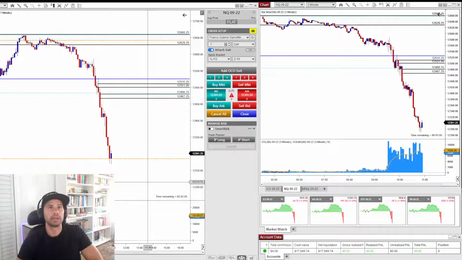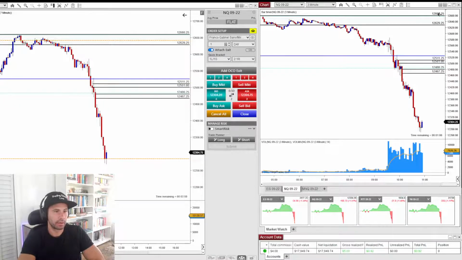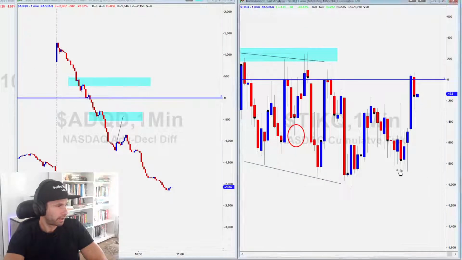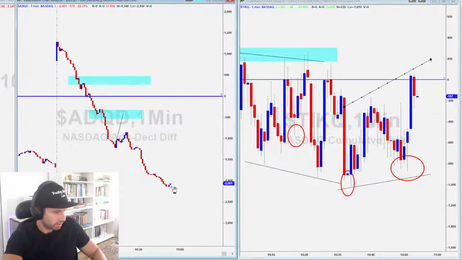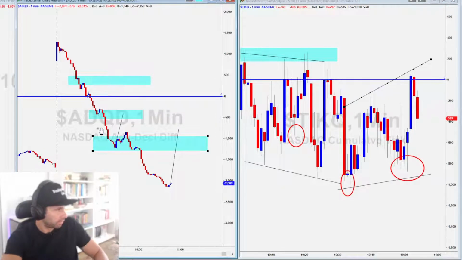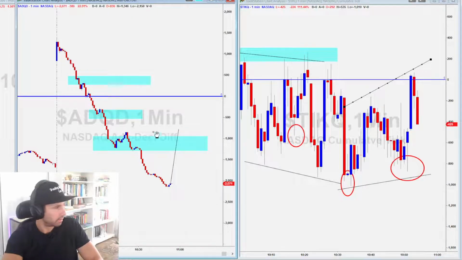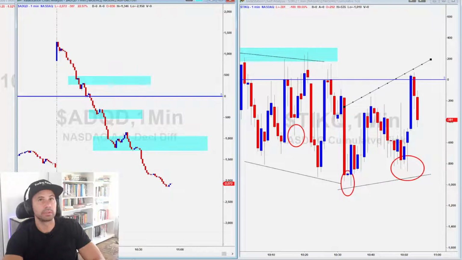Take chart to the zero line. Created a bit of a higher low here, a higher low here than this one. So this is sort of a trend change here. If I can get this to at least this point, and NQ just retraces back up for me to short.